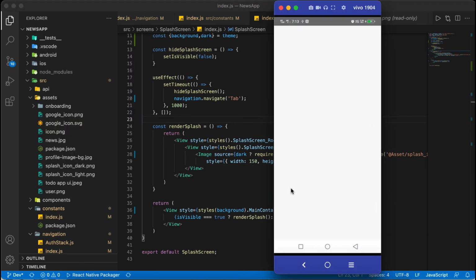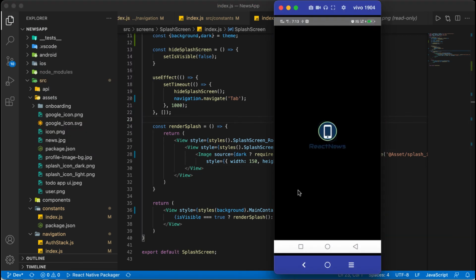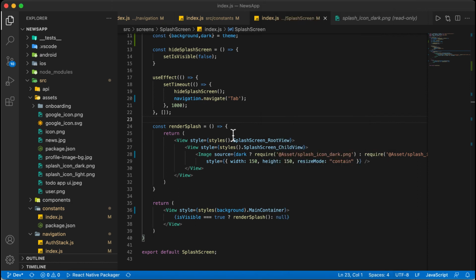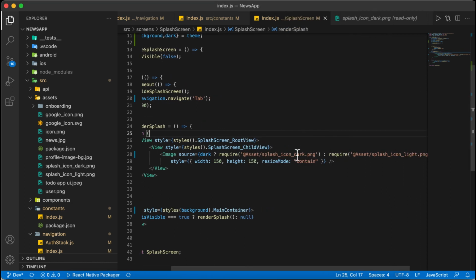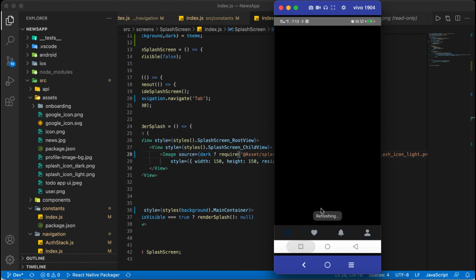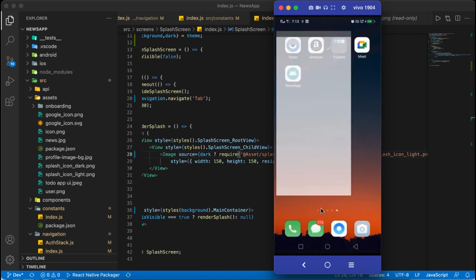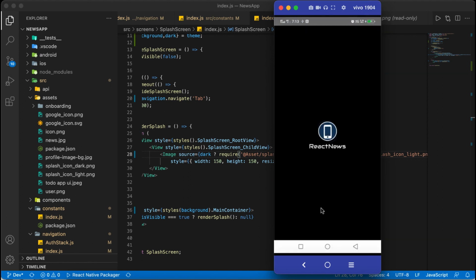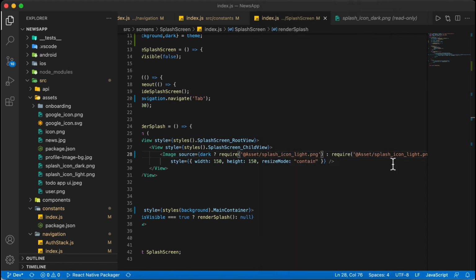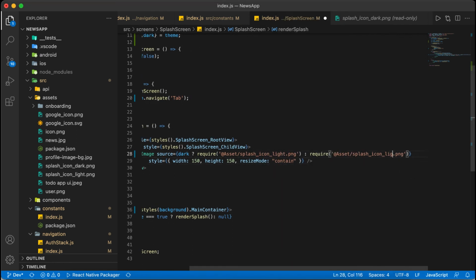Fine. So let's run the application again. Now running the application, and you can see the icon is coming. So I think we need to change this to light. Let's check that, then we'll decide what to keep. You can see now it is fine. So I will change this to dark.